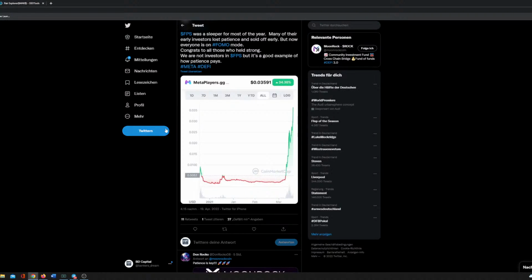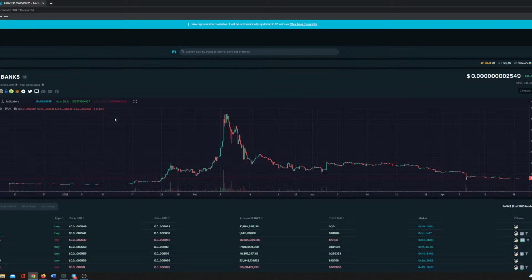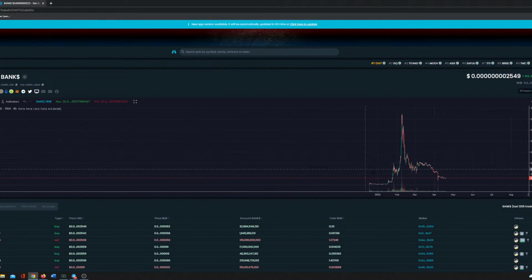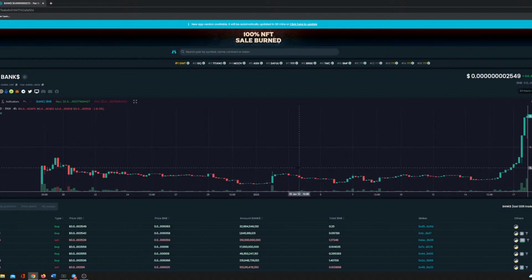Also something else here. This was something Moonrock tweeted, right? A token called FPS. Nothing was happening there. A very long consolidation stage here, right? You are looking at basically most of the year here, then FOMO triggered in, right? This is again something which is very important here. Just as a quick example, but let's take a look here. Wrong direction. Let's do it this way. So basically,